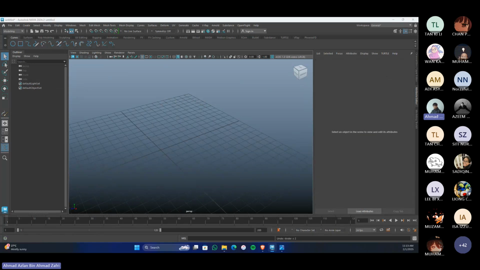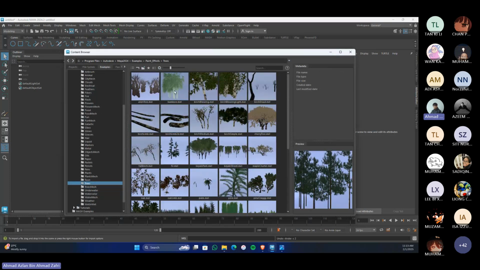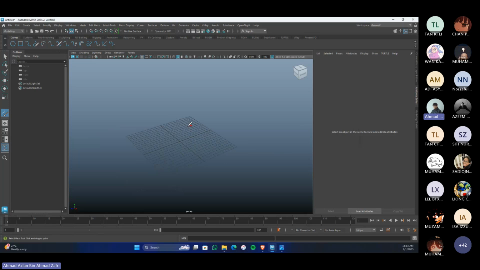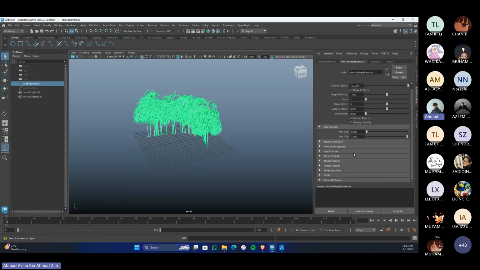Maybe bamboo. Stick with bamboo, easy for you to look at. Okay, this one flow animation means